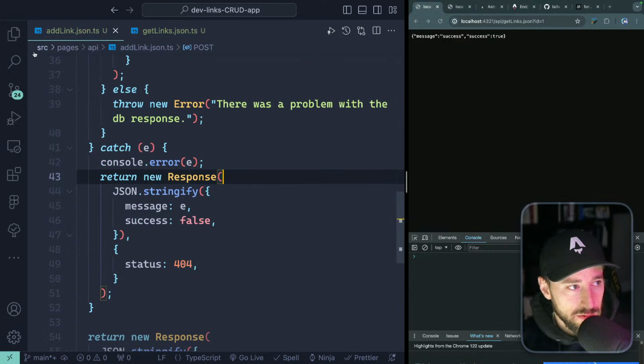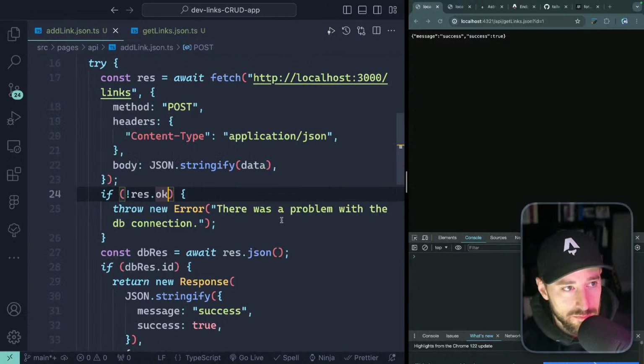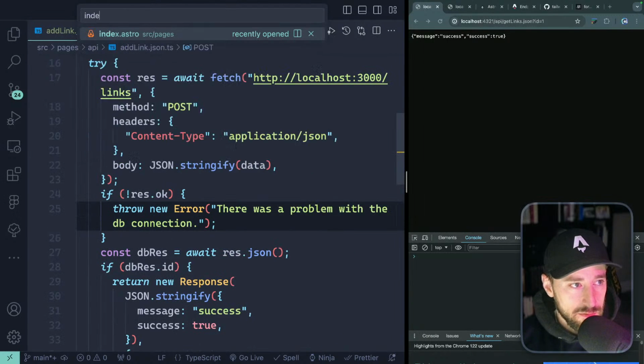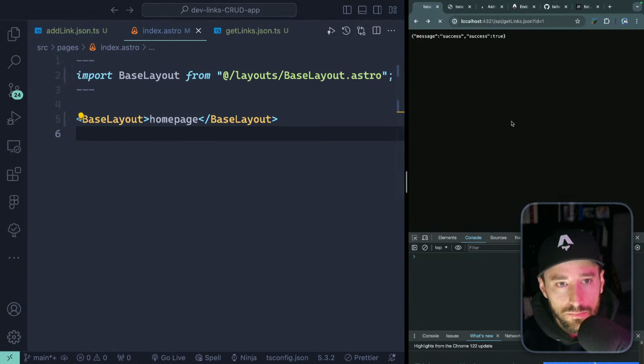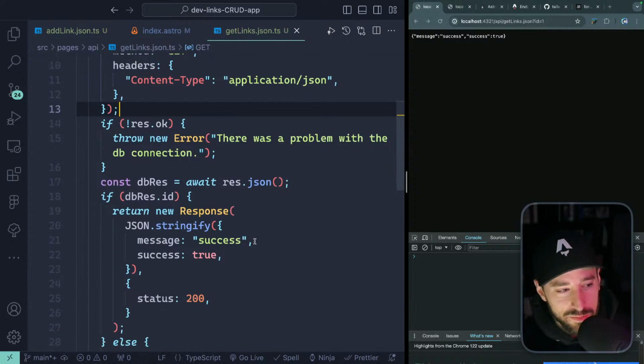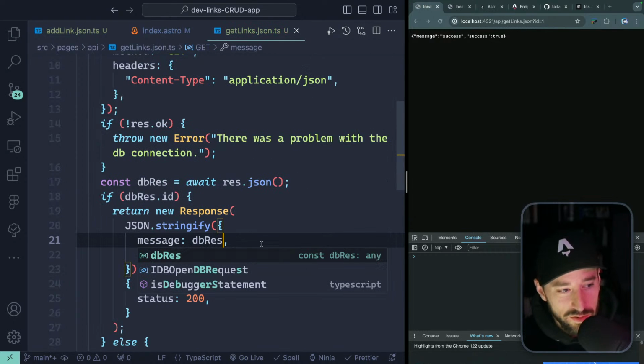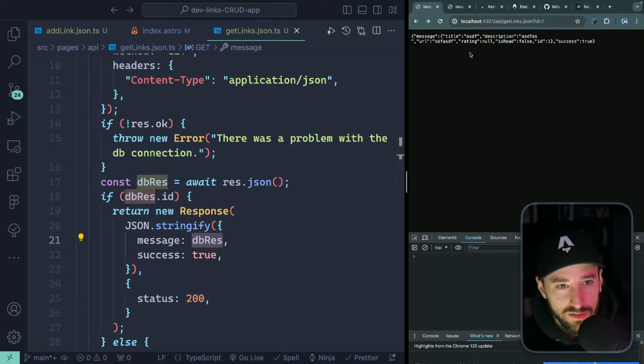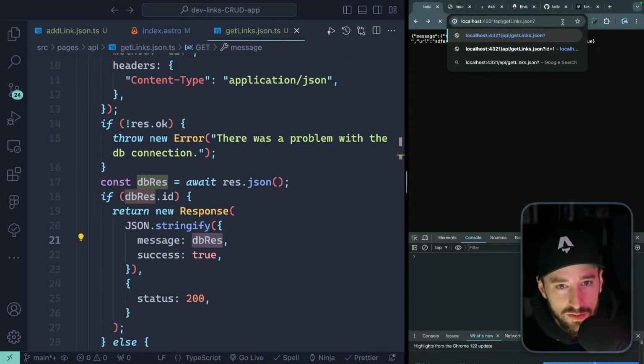Okay, so over here what we're going to do is hit this all from my index route. Oh, you know what? I'm returning success, which as far as messages go, success is true is fine. This probably needs to be whatever my db.res is, because the whole point is to return stuff. Okay, so there we go. So that's if I do one. If I do them all,